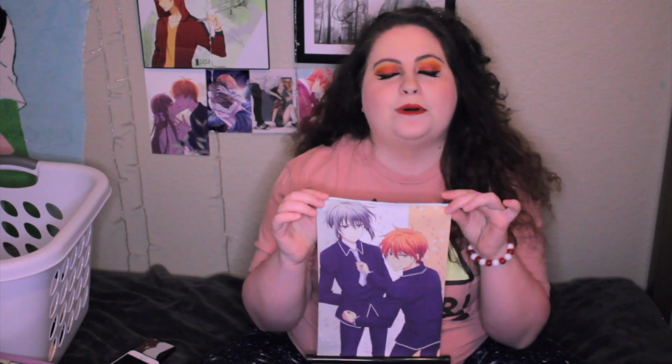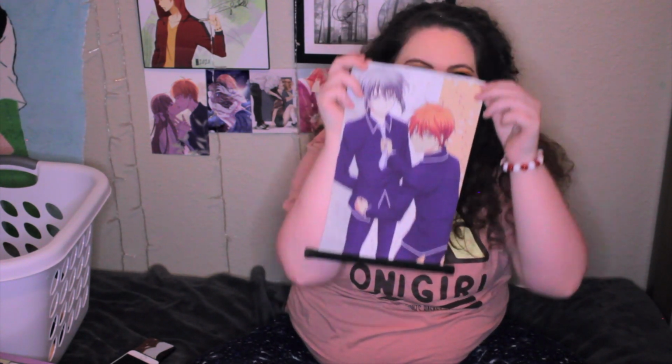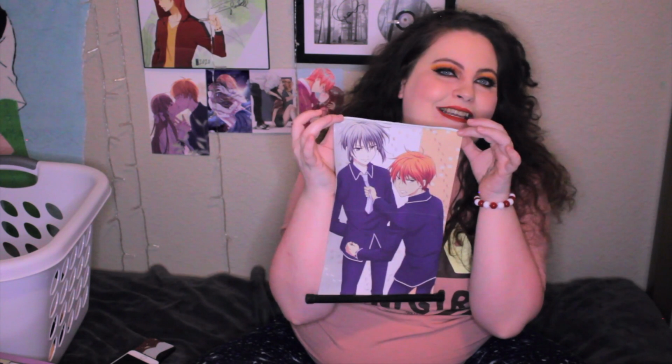I believe this print was actually in a magazine, but I ended up finding it on AliExpress on a wall scroll, so I got it as a wall scroll. Although it's not actually a wall scroll anymore because the top part of it broke off, unfortunately. So it's pretty much just a poster now, even though the bottom part of it is there. So I just hang it up as is and use it as a poster. So I was pretty disappointed it fell apart, but I got what I paid for with it, so not that